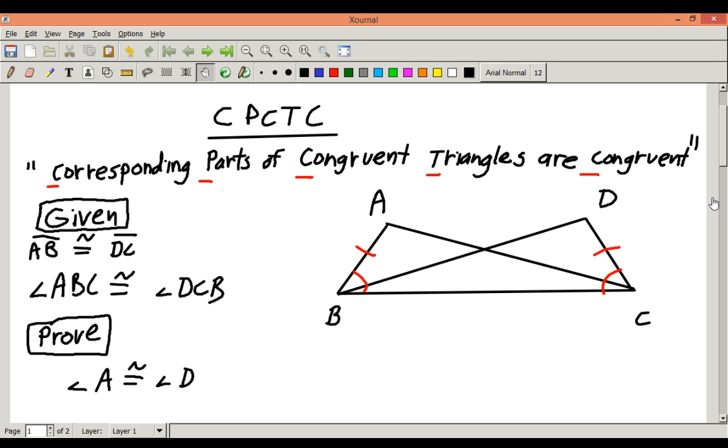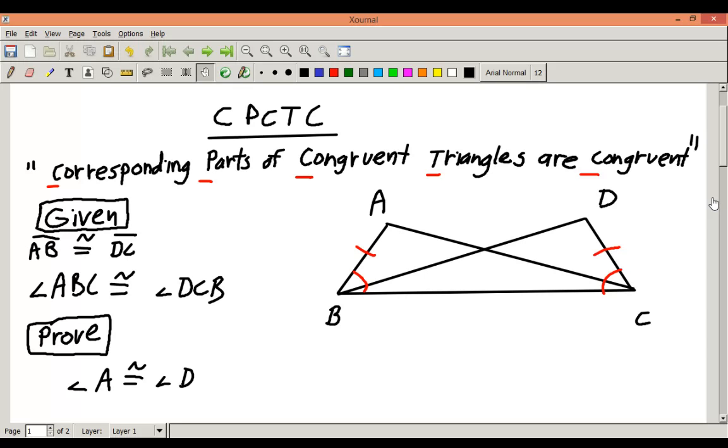So these are 2-column proofs that we're going to be doing today. And you got to get good at this. You got to develop some skill at this. This really goes to the heart of geometry, proofs of theorems, and using proofs to prove other things. So the topic of the lesson is